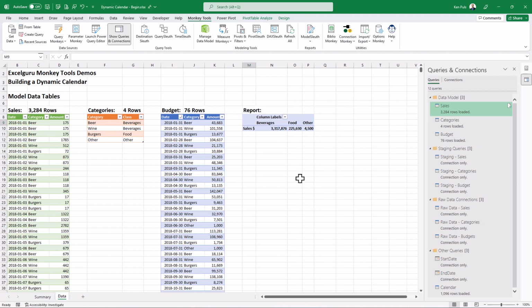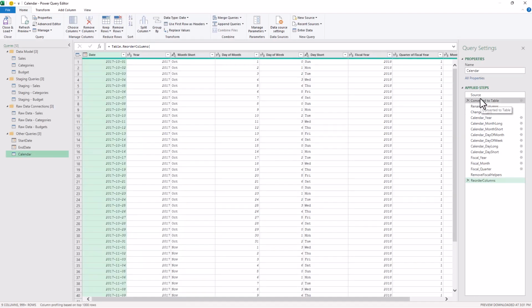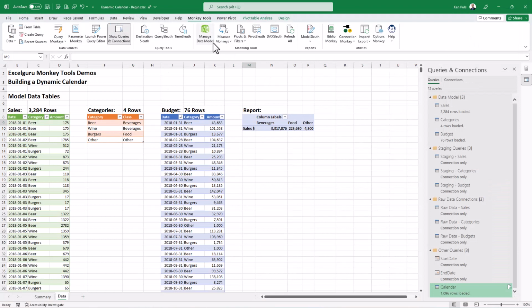And what I want to point out before we jump into the data model is that I can actually double click on calendar and open it up. And the entire logic for the query is here. So if you want to make modifications to it, or you want to learn how it worked or what got put together, all of that is in Power Query. There's no smoke and mirrors here. We're just building your Power Queries for you so that you don't have to, right? Nice and simple. So we're just going to close that up now, and we'll go and hop into the data